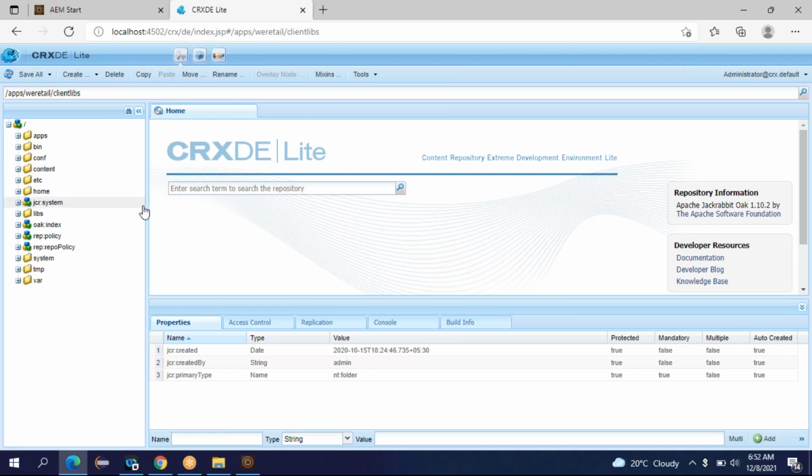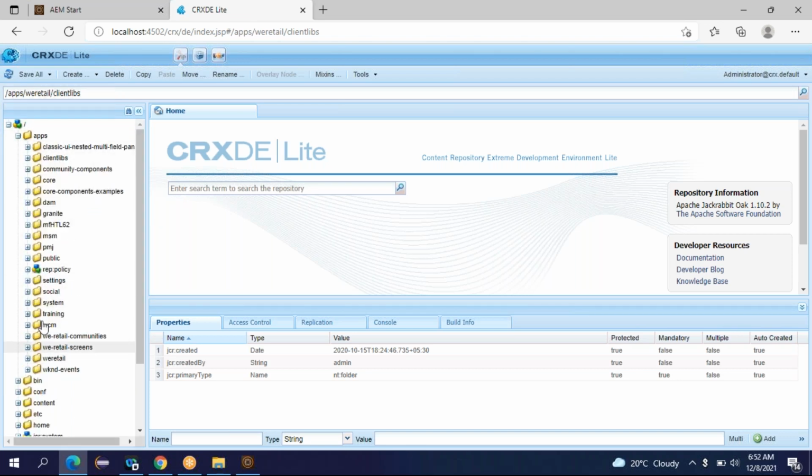Go ahead. Do you have any questions? Yeah, one question here. When you said components, are they predefined components or customized components? I told you you have to create your project specific folder under apps, right? So let's say you are creating a project called abc.com. Under apps, you have to create a folder called ABC. Under that, you have to create the components folder. Under that components folder, you have to create the component, which means those are customized components. Okay.